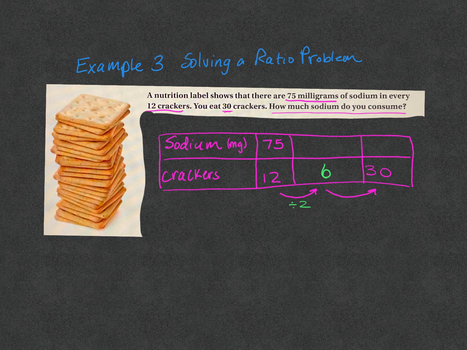6 divided by 2 equals 6, or 12 divided by 2 equals 6. Now I've got to do the same thing up on the top. Now this gets a little bit kind of funky. I can't divide 75 in half, so I could either leave it as 75 over 2, or I could think